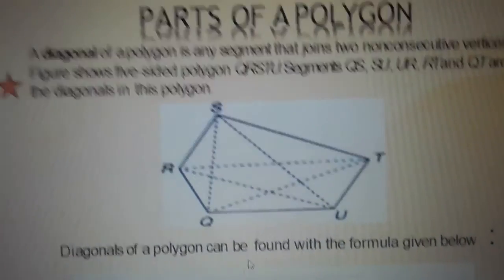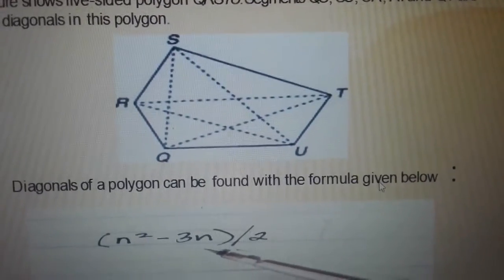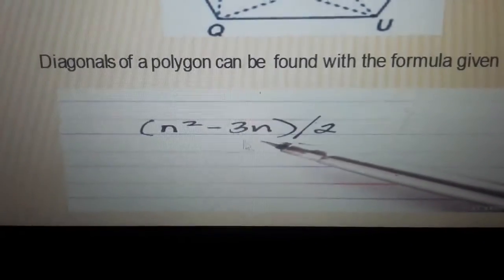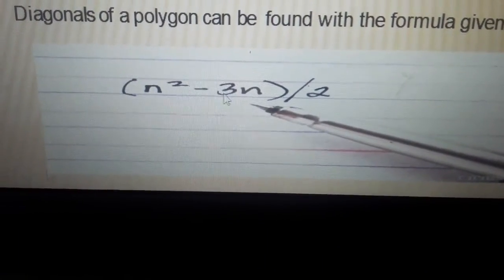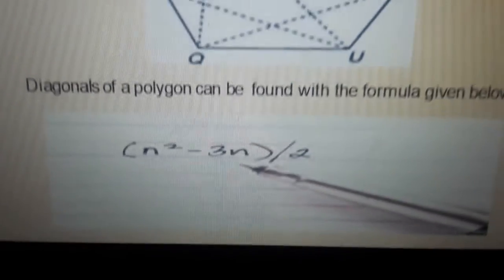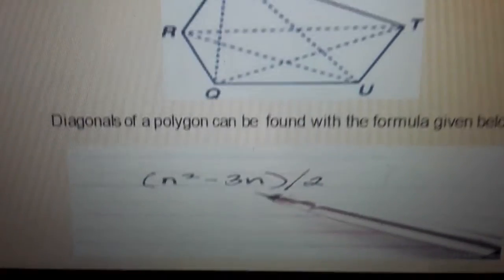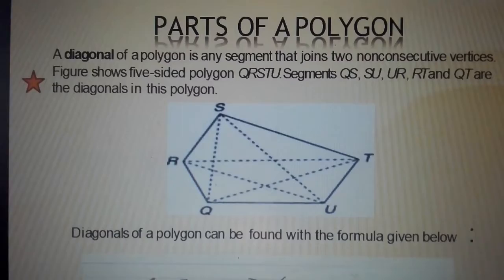Diagonals of a polygon can be found with a formula. For finding the number of diagonals, we have one formula: n squared minus 3n divided by 2. This is the diagonal formula. Next, we will see the